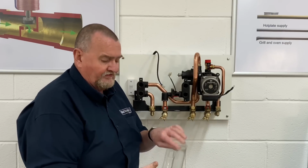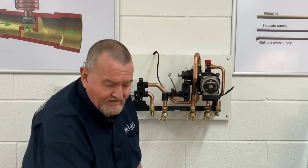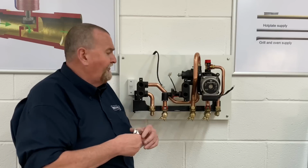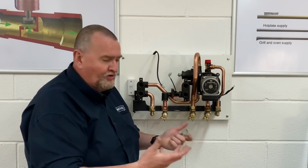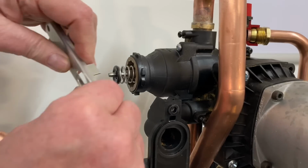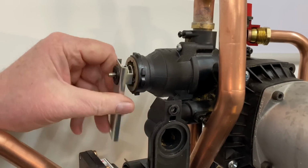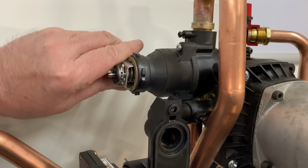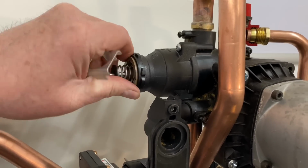Now obviously it's a lot easier for me doing it in the classroom in here down at the Viva Training Academy than it would be out in the field, because in the field the boiler's not going to be at a nice height, it's probably going to be in a cupboard. So I do understand that. So these keys, they come with them, and all you do is just pop that in, and then literally you just unscrew it. And obviously this one, I've got it all set up just to make my life a little bit easier in here. So we can then unscrew this,